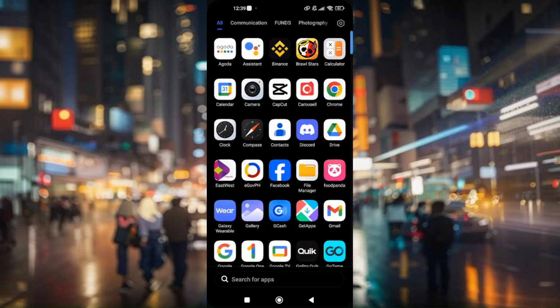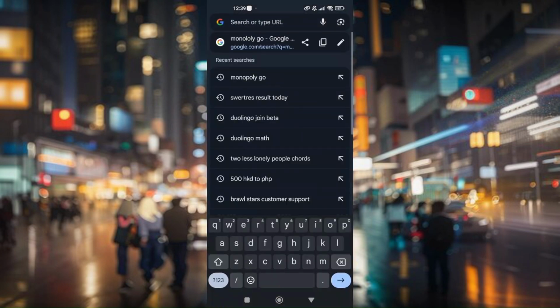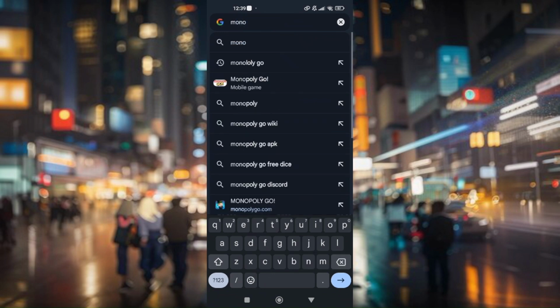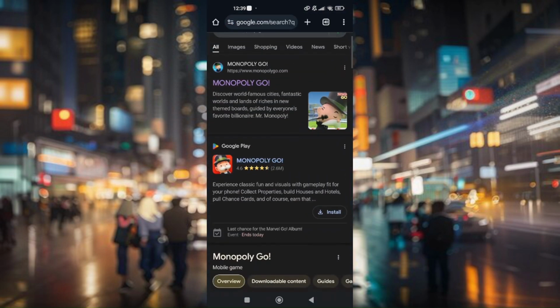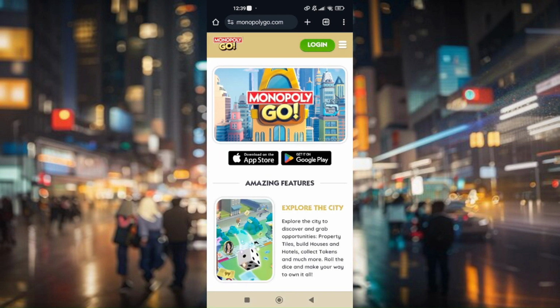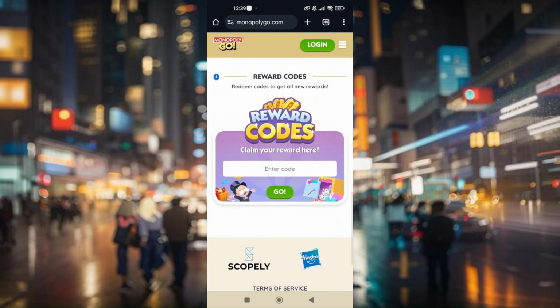Now I'm going to be using Google Chrome since I'm currently using an Android device right here. So all I have to do is just directly search for Monopoly Go. Now all I have to do is scroll down a bit till you find the monopolygo.com's official website. Just tap on that. Now just scroll down a bit till you find this portion right here, like the reward